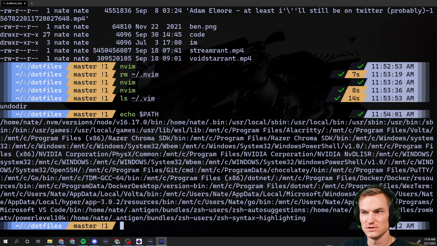Well, for whatever reason, Neovim seems to be picking up. Yeah, that's odd. So just to illustrate, we're going to edit